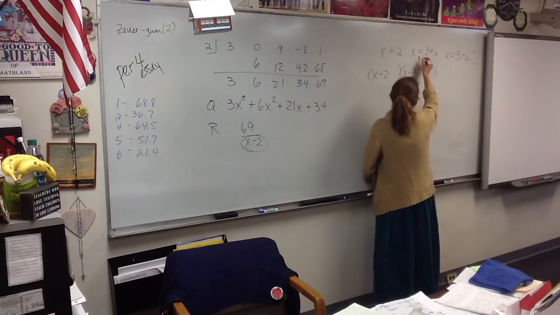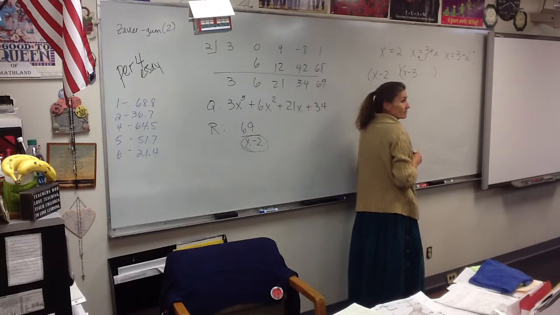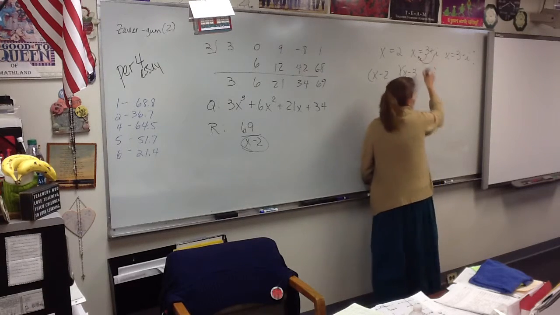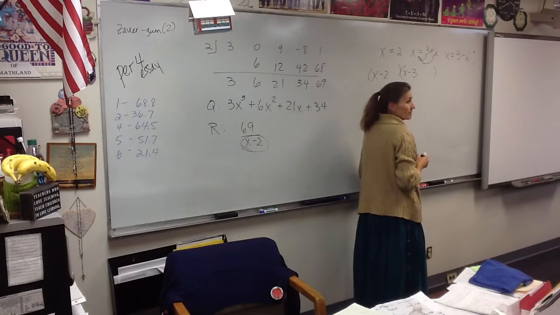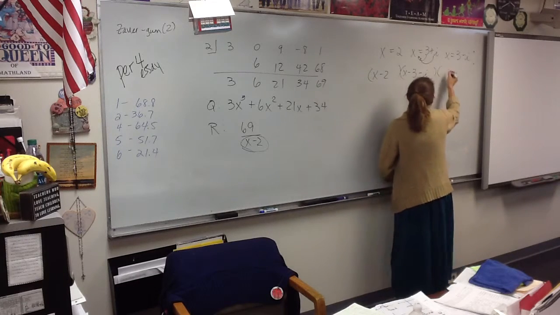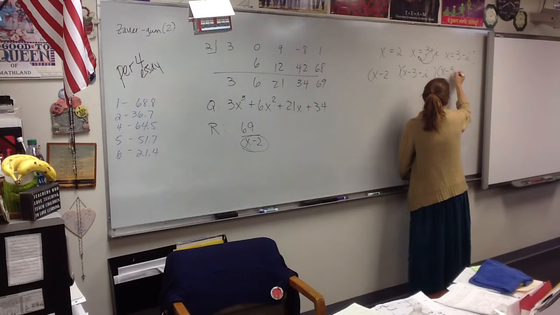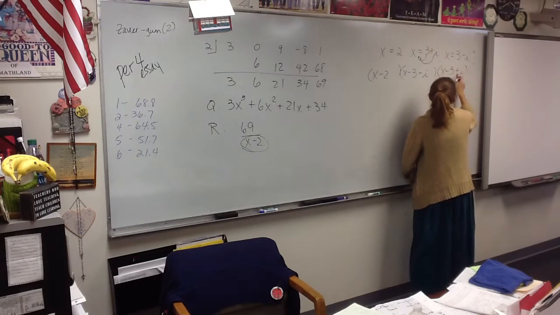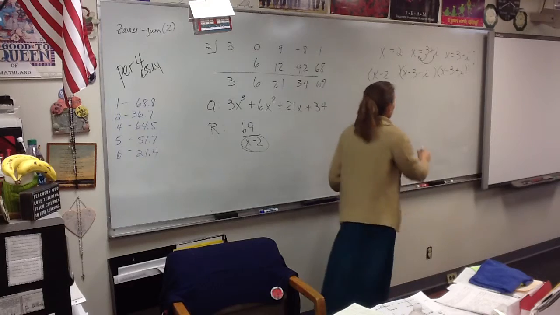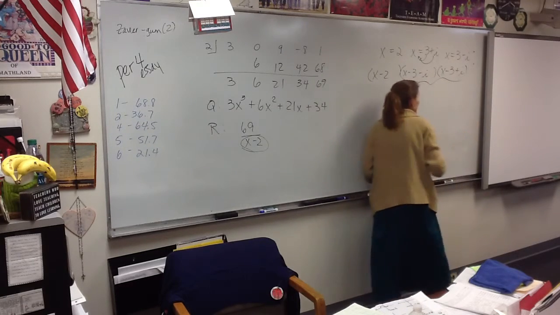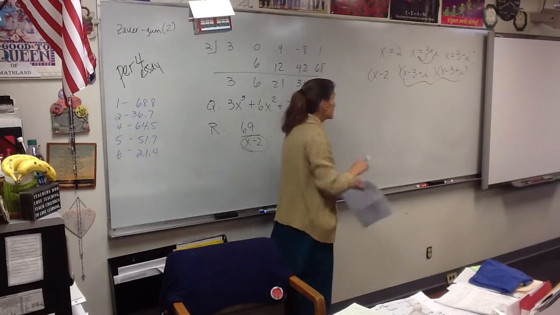You're going to move the 3 over, so you said x minus 3. Now you're going to move the i over. What's it going to be? There you go. Now what's this one going to be? You're going to move everything over, so it's going to be x minus 3 plus i. Yep, there you go. And all that has to be FOILed together, and I would recommend starting here because even